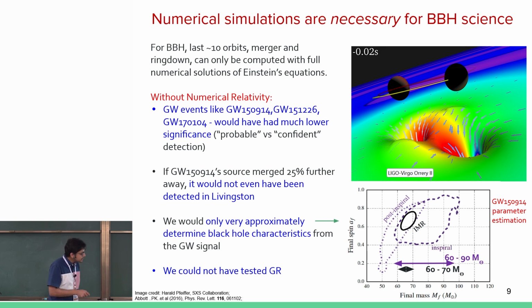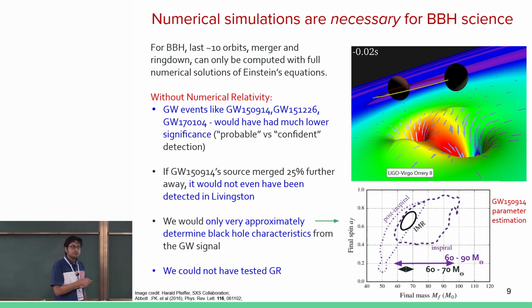And most importantly, this figure is actually to be understood. What is shown here is the measurement of the post-merger black hole's mass and its angular momentum or spin. And if we use only information from, say, perturbative post-Newtonian waveforms, what we measure is this contour right here. And if we,